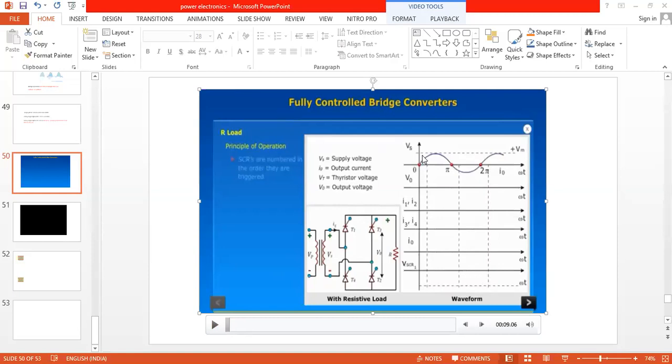So this is the input AC signal, we already know. So what is the output waveform for resistor load? First, let us check for the resistor load. So for resistor load, if you see the output voltage, the SCRs are turned